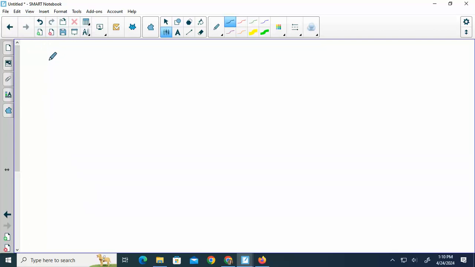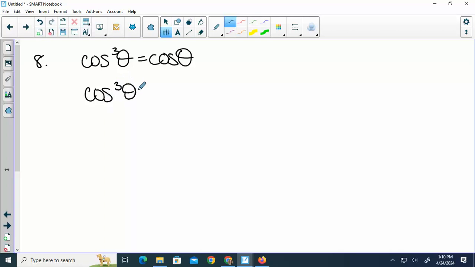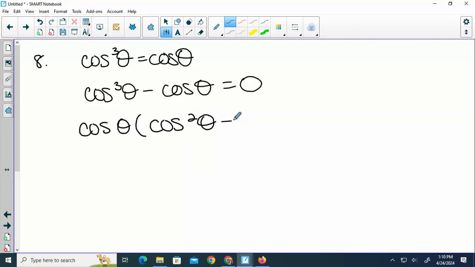Problem 8. What would you do? Take out a cosine. Not yet. Put it on that side first. So then if we take out a cosine, we get cosine squared minus 1. So if we set those to 0,